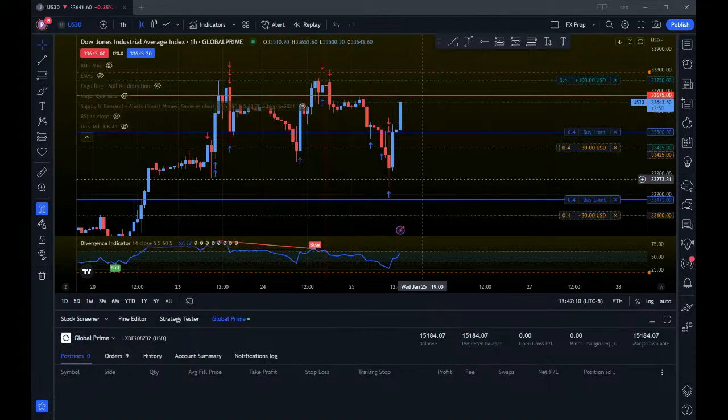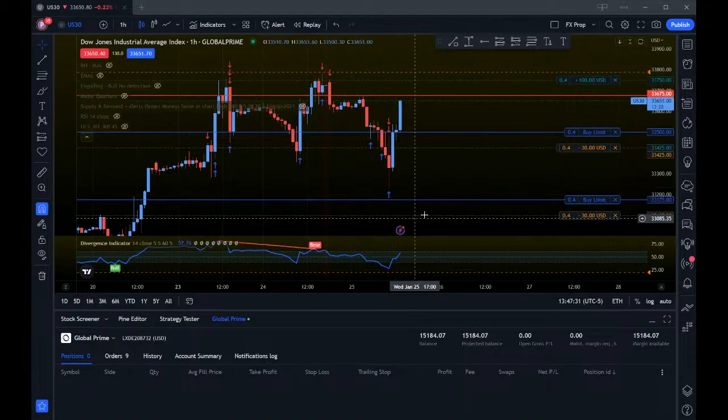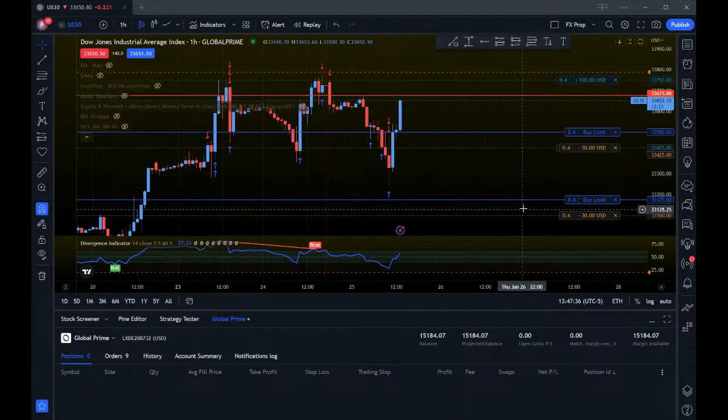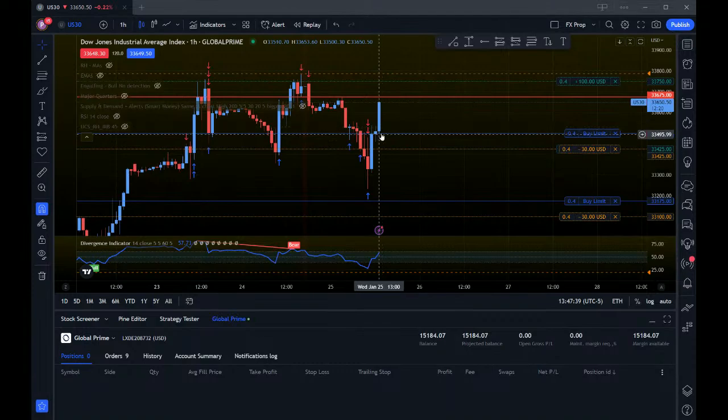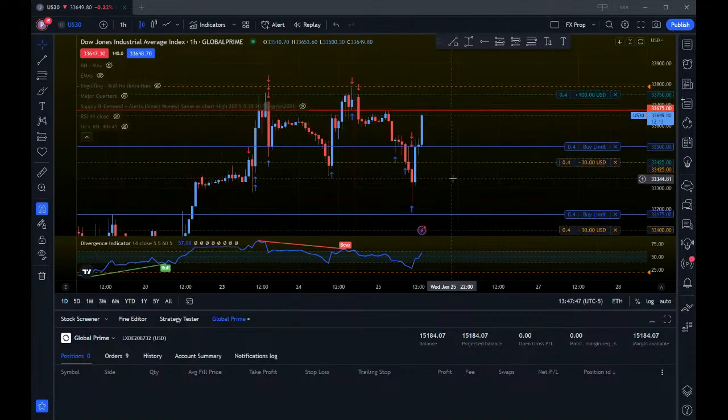That's not good. You should at least catch half of the mini trend here that went from one major quarter, cut through the wild card 500, textbook stuff, and then bounced off of this next major quarter. This is like textbook quarters trading, going from 750 to 250, and then 750 to 250 again. Right now I'm playing the 500 because I have an edge here, but bigger picture wise for trade management, I have to figure out if I'm going to